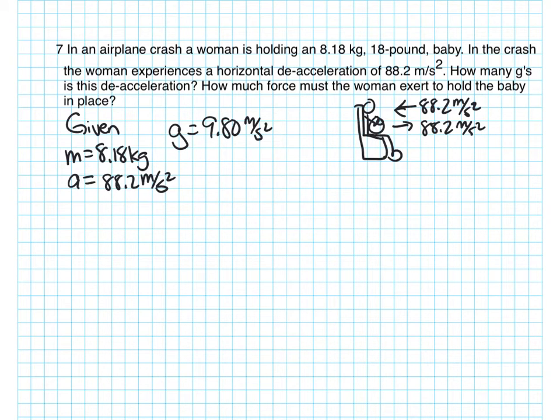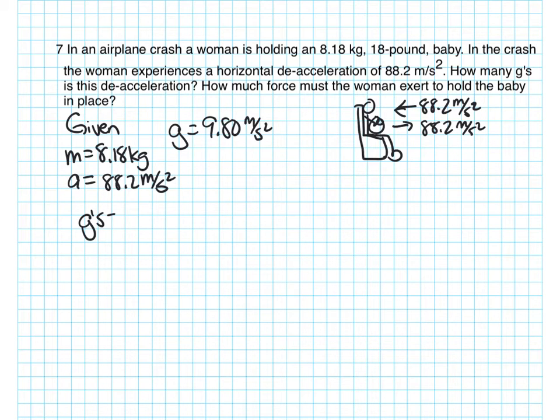So if someone says the acceleration is 9.80 meters per second squared, and they asked how many G's is that, that's 9.80 divided by 9.80, so it's 1 G of acceleration. So in this case, when I'm looking for how many G's, the G's is going to be my acceleration,